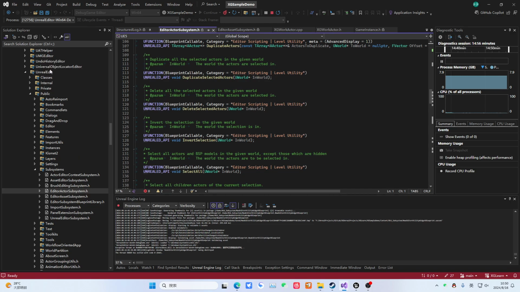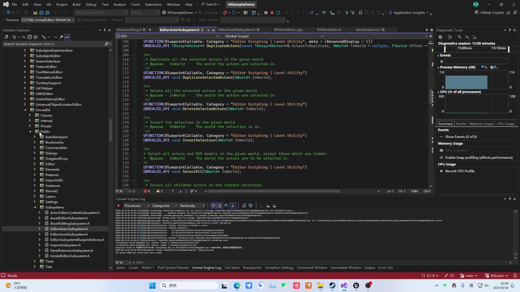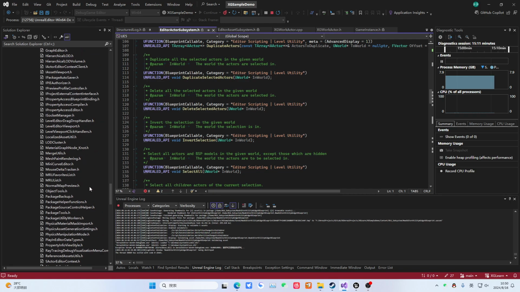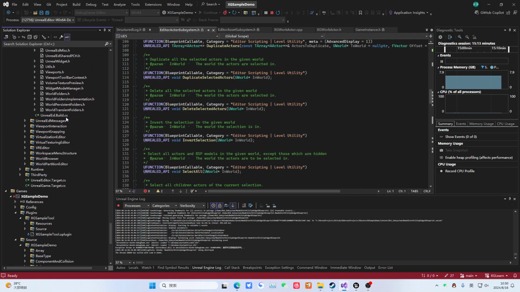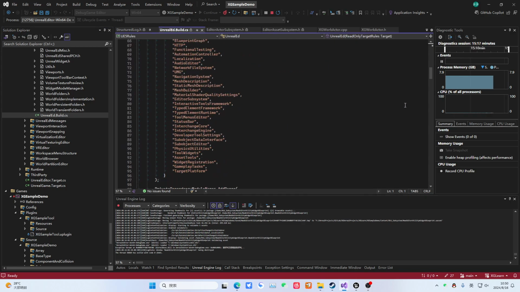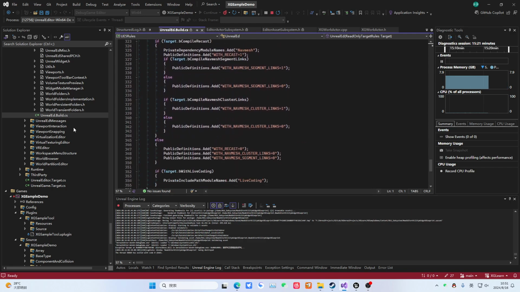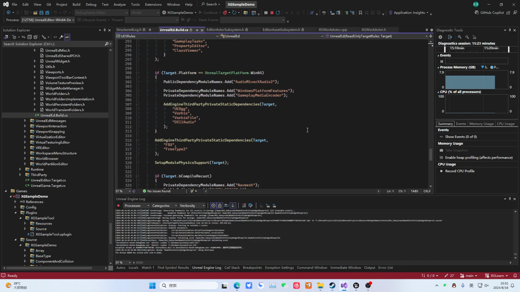Let me tell you a common mistake. Many people like to include this UnrealEd. Well, congratulations, you included it. Then your packaging will fail. Because UnrealEd is a module that will be stripped during packaging. You can take a look at the definition of this module. This is a mistake most beginners make. So if sometimes you absolutely must include this UnrealEd,